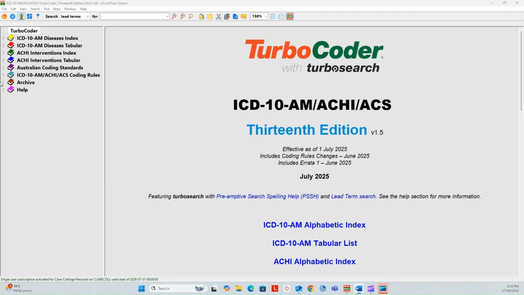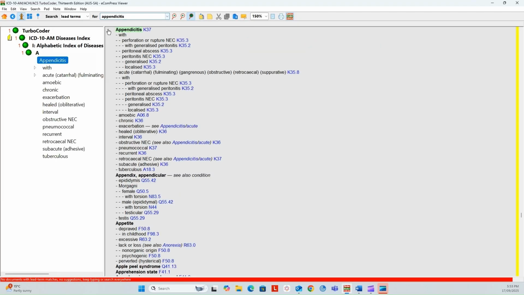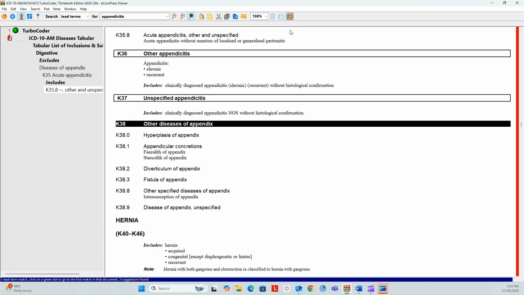So we start by using lead terms and then appendicitis. Then we come over into the navigation frame and select the subterm acute. And at the top of the documentation frame, we see K35.8, follow the hyperlink to the tabular, and we have